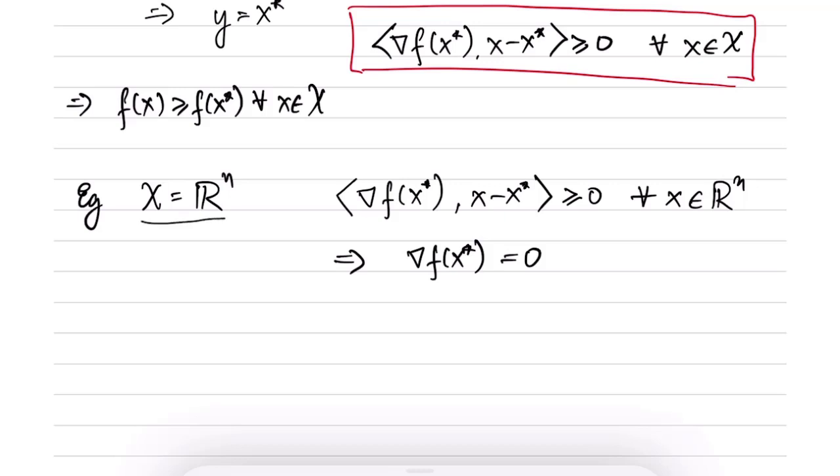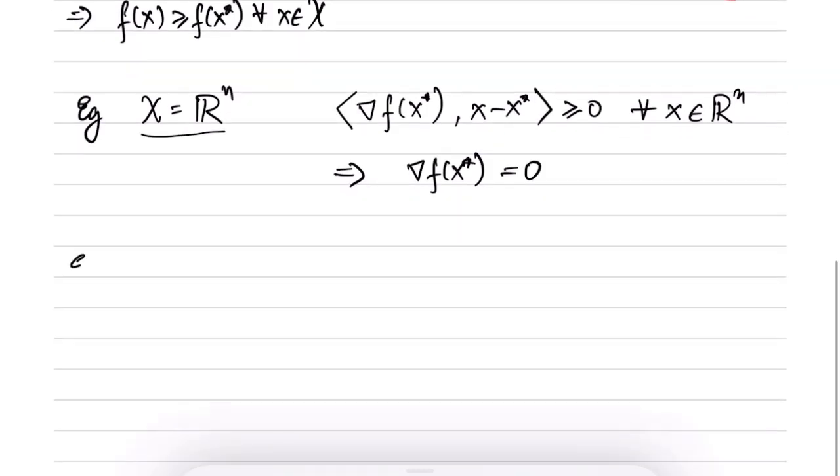If you have an unconstrained problem, then the optimality condition is simply gradient f of x star equal to 0 for convex problems, right? So we have already seen this. We already know this, that for unconstrained problems, gradient f of x star equal to 0 is the optimality condition. We can extend this a little bit further.